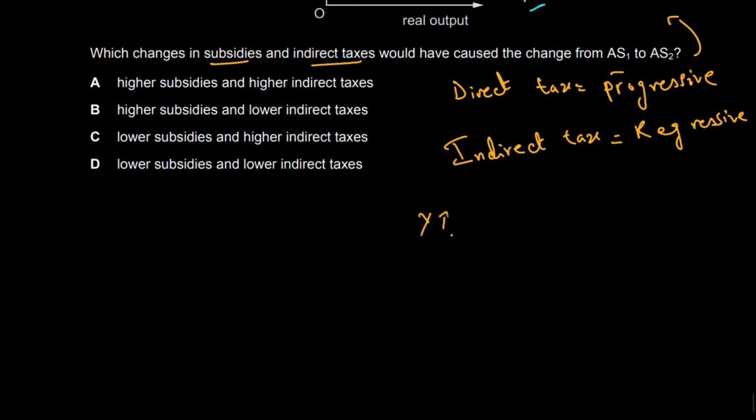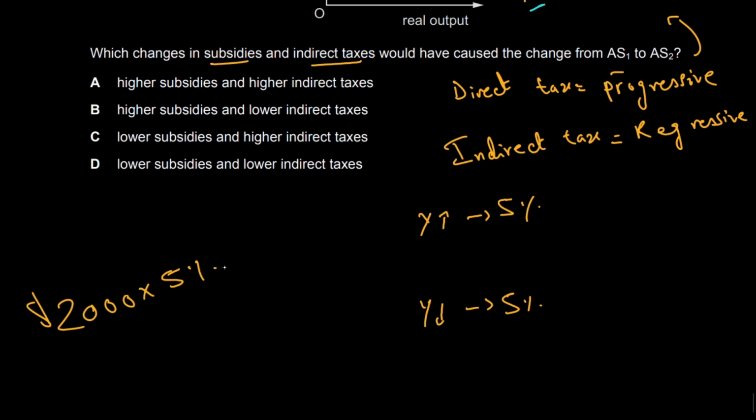So, for example, we have this high income group and this low income group. They will be charged the same amount, for example, 5% for both of them. If you have a salary of $2,000 per month, 5% is a much more insignificant part of your income compared to a person who is only earning $100 per month. Hence, indirect taxes don't help in equally distributing income, while direct or progressive taxes do.